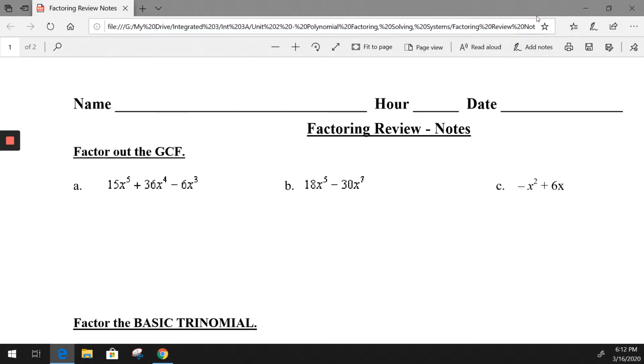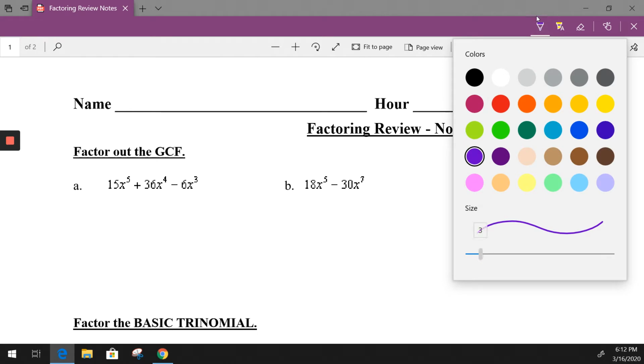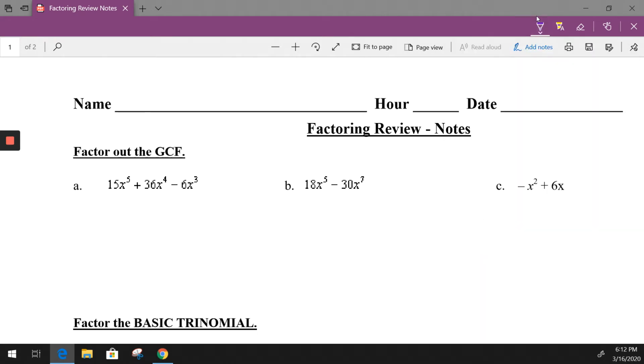I need to get my pen working. So let's see, Mrs. Pierce. This is either going to be 4th or 5th hour, and today's date is the 16th, but you're going to be doing this on the 17th or the 18th. Hopefully the 17th, and you'll have it all done by the 18th. So anyway, we are